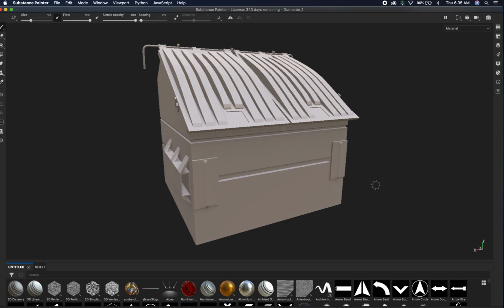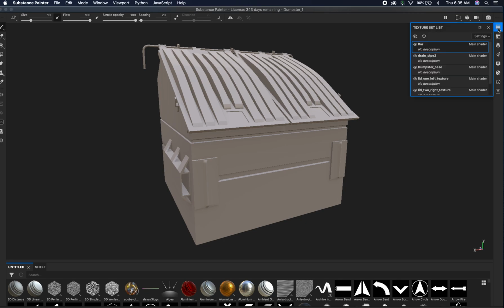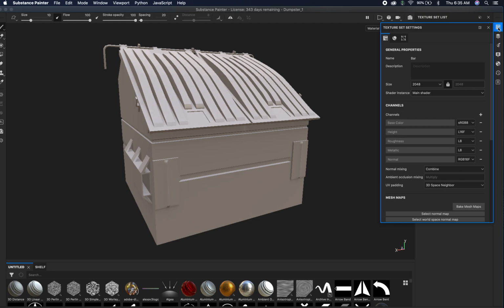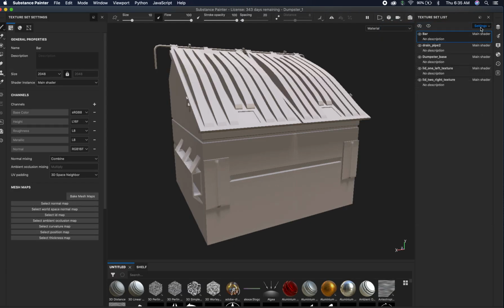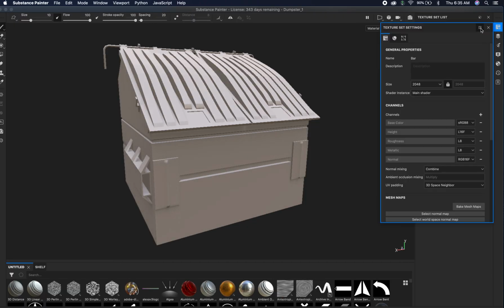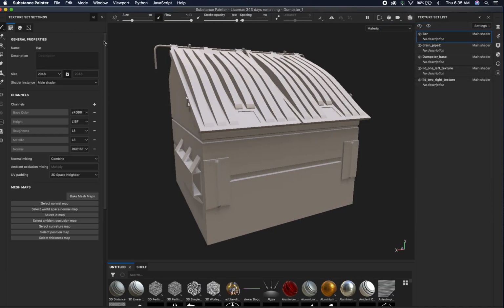So what we're going to go ahead and do is start baking out some maps. Let's go ahead and get started. We're going to pull some stuff out. Let's see, texture set. We're going to go ahead and dock that. That's going to pull it over here. You can always undock these and then pull them back up, just by hitting these little icons here. So get used to that. If you have multiple screens, you can pull these over into another screen. That's great. But for me, I only have this one